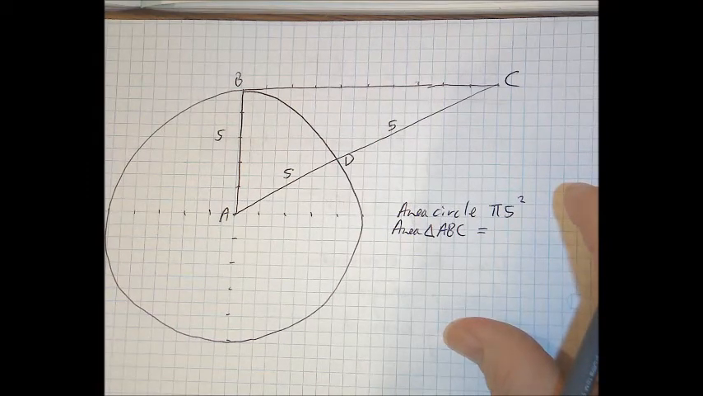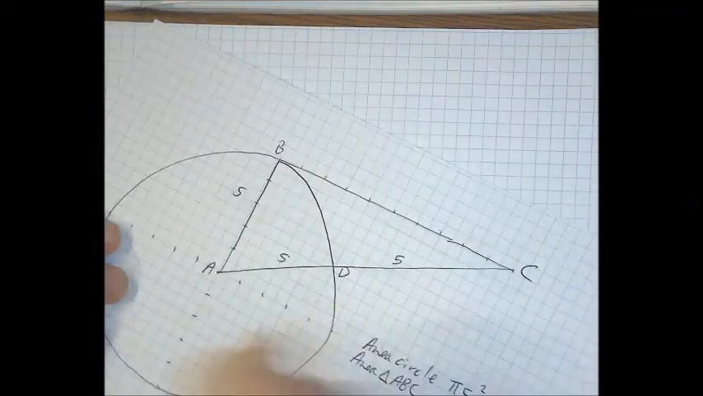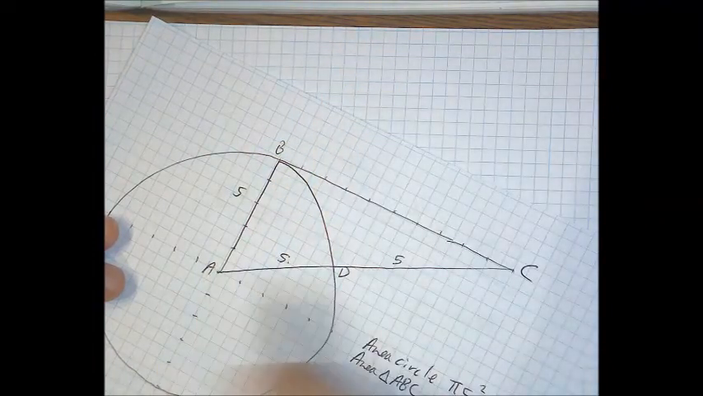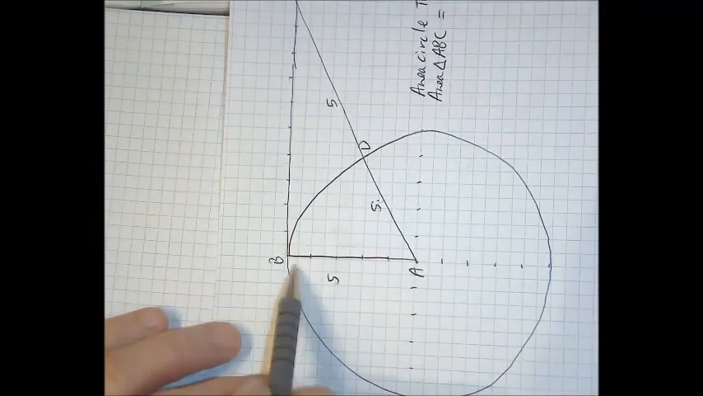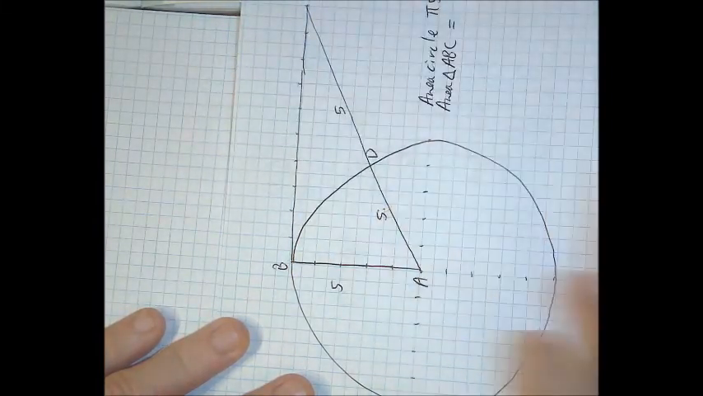I could regard that as the base and that as the height. I know that the base is 10, but I don't know the height. I could regard that as the base and that as the height. Now I don't know the height, but I could work that out pretty easily. So here's some naming, stating, and equating. I'm going to